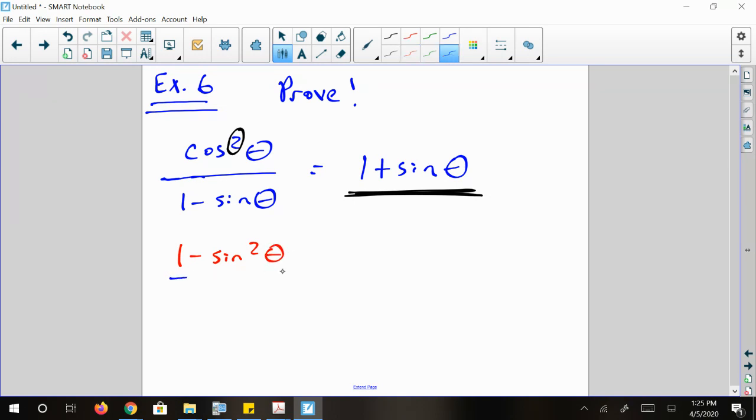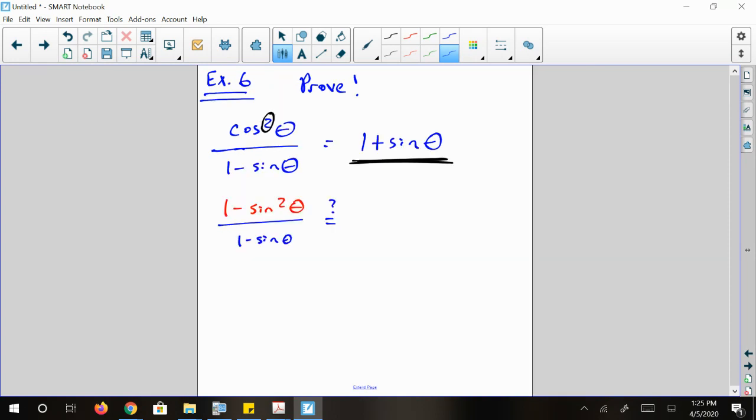Okay. So what I'm going to do is change this numerator into being 1 minus sine squared of theta. I'm not going to rewrite that right side every time. Now, from here, if you remember from back in Algebra 1 and Algebra 2, when you see something called